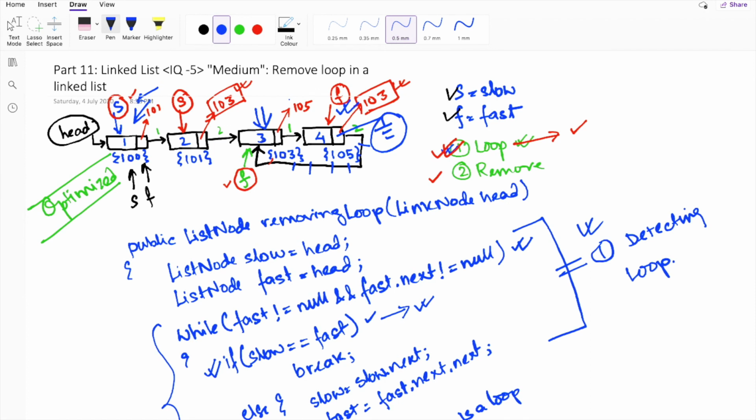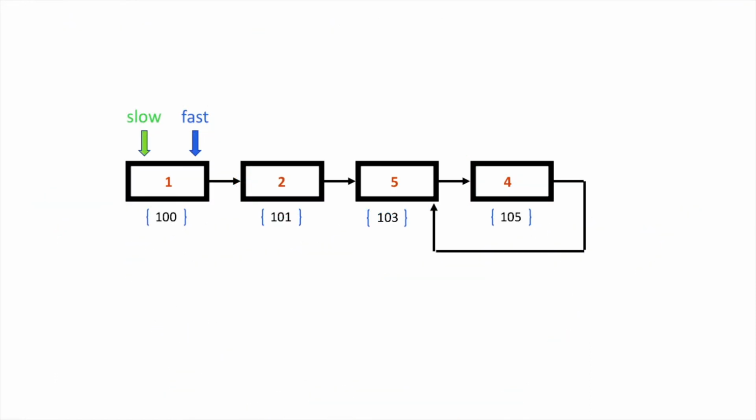So let's understand what we did here. First, we set two pointers, the slow pointer and the fast pointer, to the head of the linked list. Now for detecting a loop, we keep iterating the slow pointer at its normal speed and the fast pointer at double the speed of the slow pointer. We keep checking whether the slow pointer meets the fast pointer or not. Once they meet, we break the while loop. Then we set the slow pointer back to the first node of our linked list. From here, our attempt at removing the loop begins.